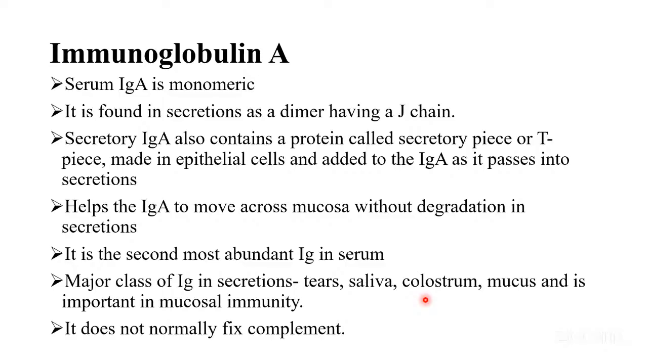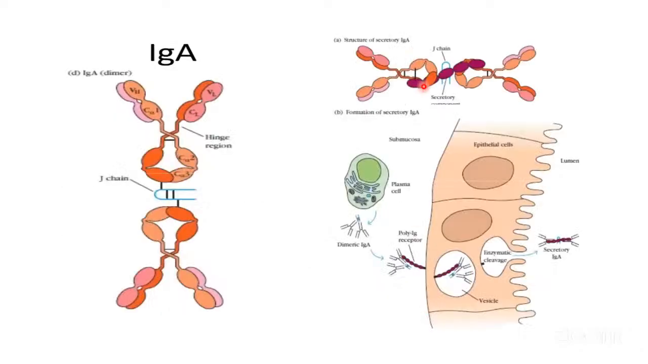It does not fix complement on its own. So it will need other immunoglobulins for it to be able to fix the complement, or other facilitators in the immune system. So it is secreted, of course, from the B cells. B cells are the ones that are making all this, but it is this is the submucosa of maybe the